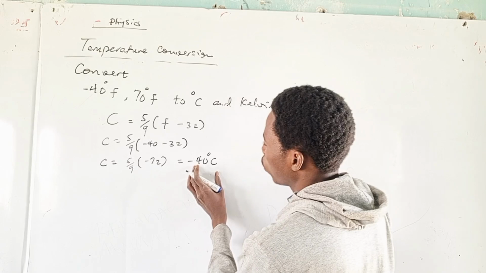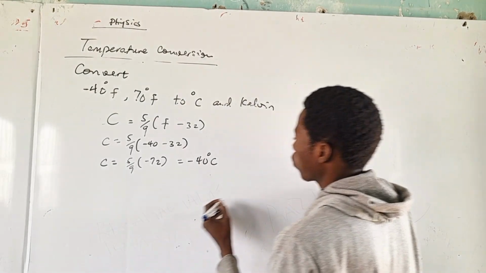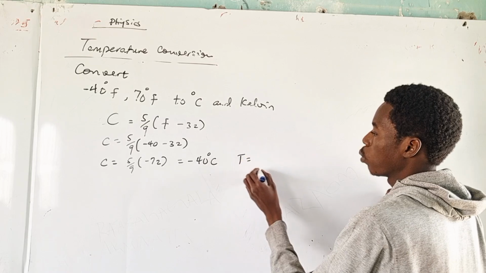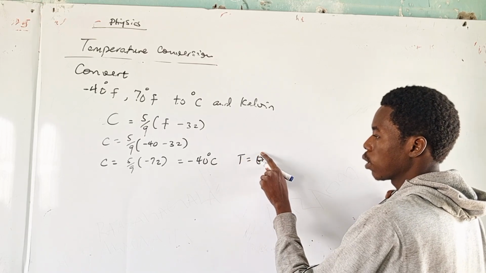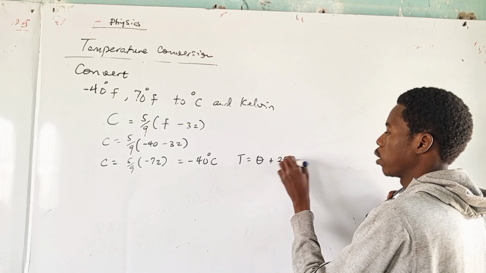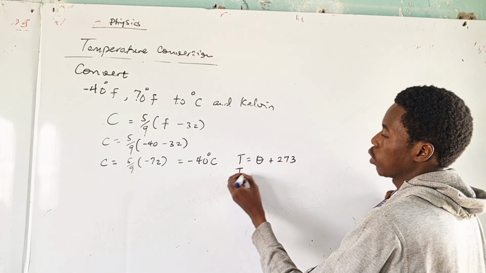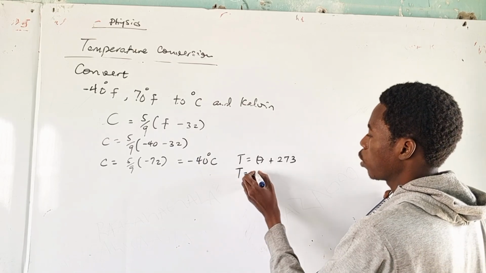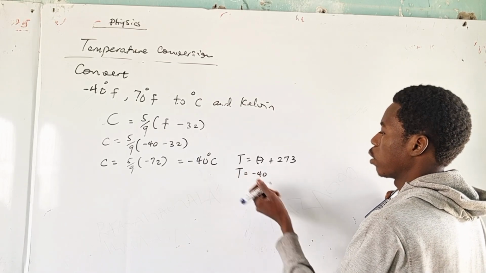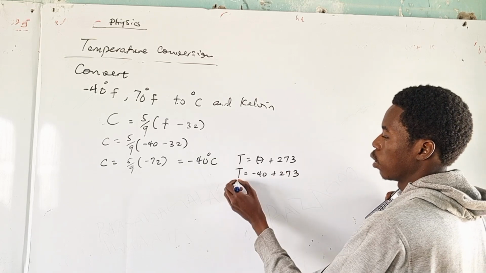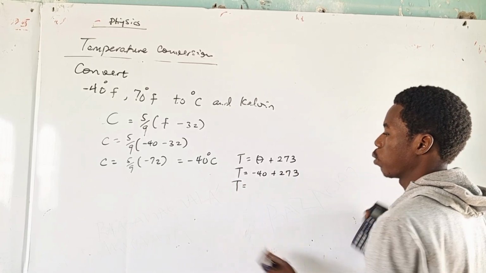So I will use this relation, temperature in Kelvin equals temperature in degree centigrade plus 273. So now temperature in Kelvin equals temperature in degree centigrade, that is minus 40 degree centigrade, minus 40 plus 273. Now I will have T equals